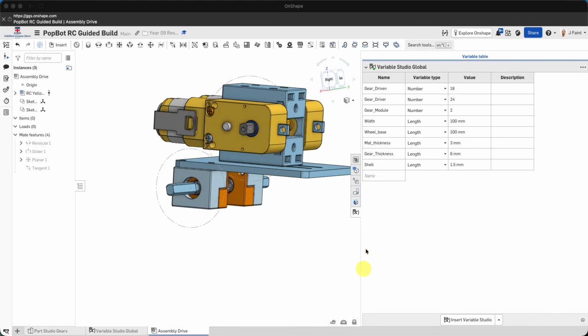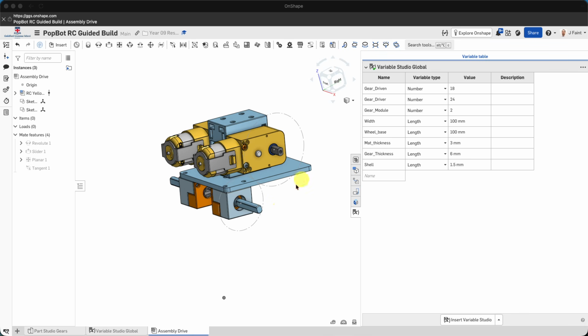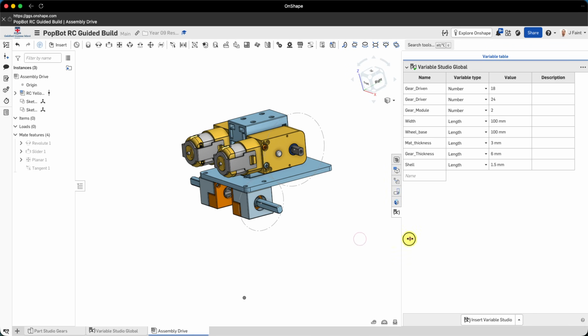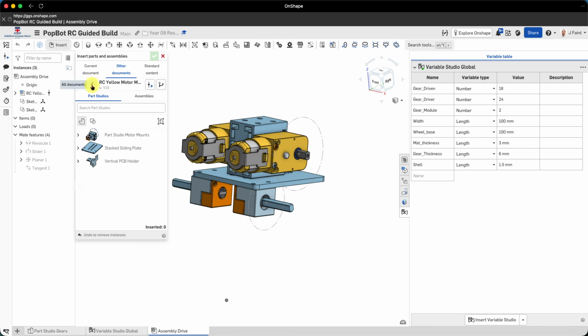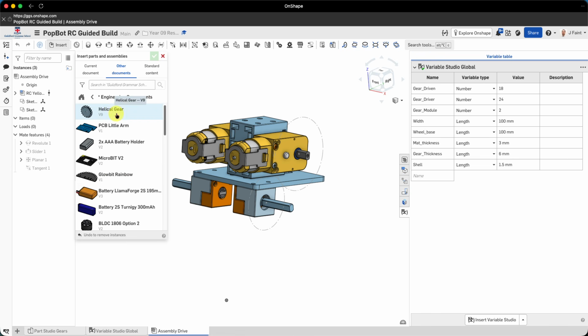All right, guys, so from here we are going to be moving on and adding our gears, and we're going to be setting up our wheels ready for the next stage so that we can start modeling around this. So what I need to do next is we are going to go and insert, and we're going to go to the other documents again. We're going to jump out of that one into the Guildford Grammar School reference engineering components,